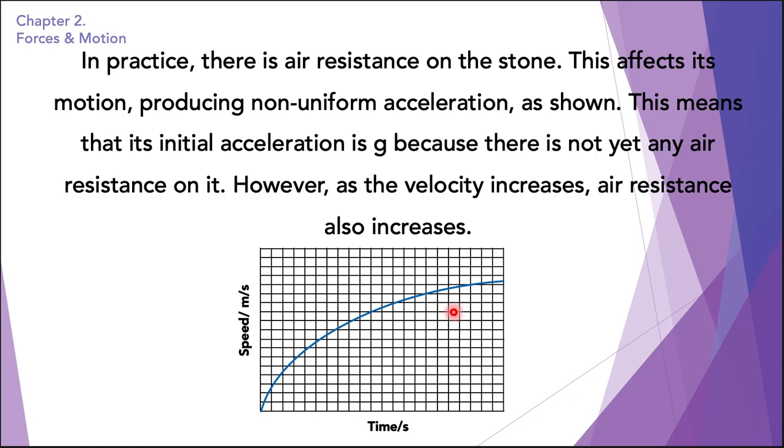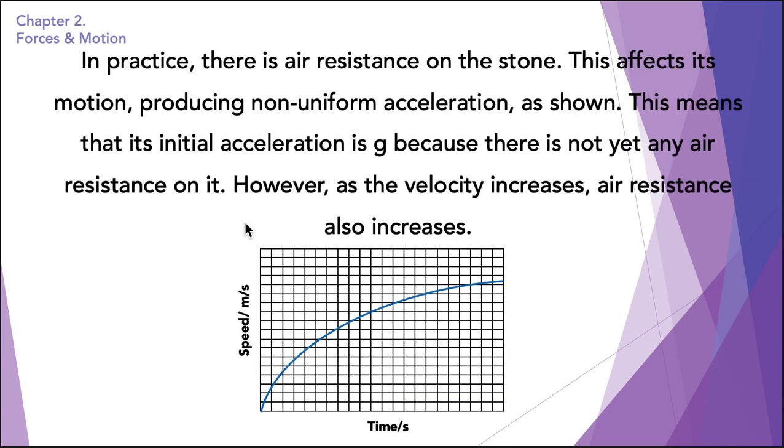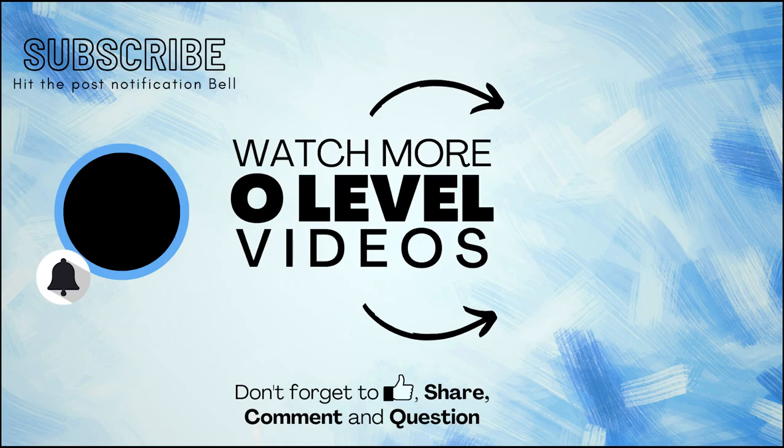On a speed time graph, the area under the line is numerically equal to the distance traveled. So this applies whether the motion is uniform or non-uniform. In other words, whether the graph line is straight or curved. With a straight line graph, the area can be calculated. But with a curved line, this may not be possible, although an estimate can be made by counting squares. When doing this, remember that the area must be worked out using the scale numbers on the axis. It isn't the real area on the paper.